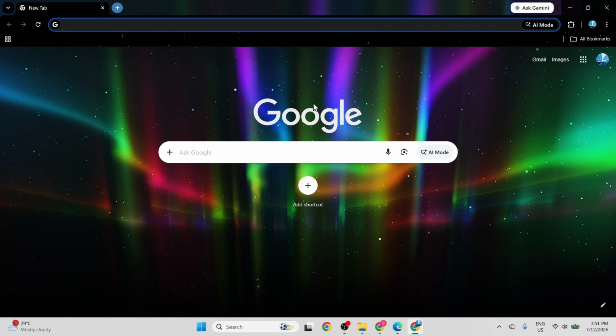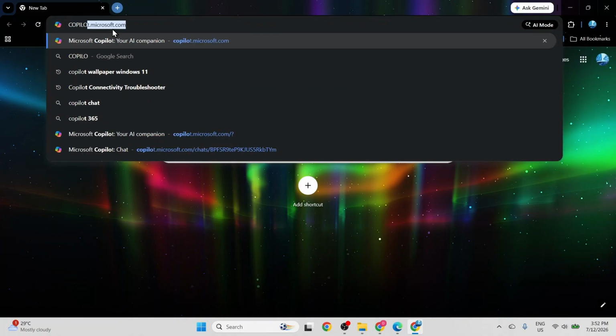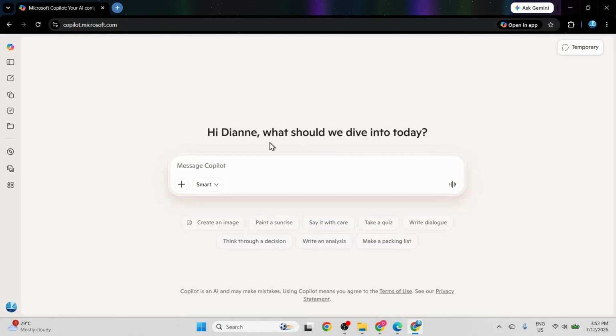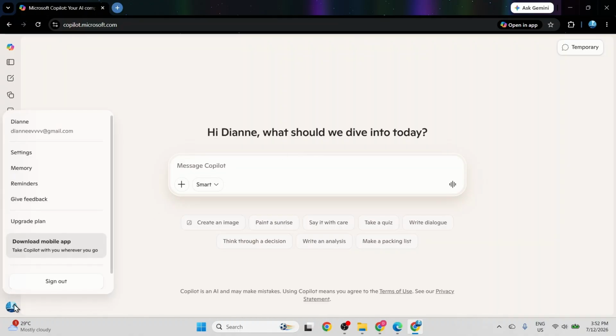In this video, I will be showing you how to delete your entire chat history in Edge Copilot. Let's get started. First, I click on the address bar and type in copilot.microsoft.com, then press enter to open the Microsoft Copilot page. Once the page loads, I navigate to the bottom left corner and click on the settings gear